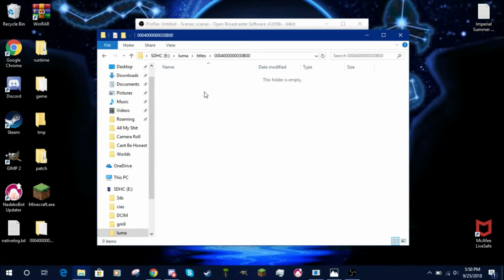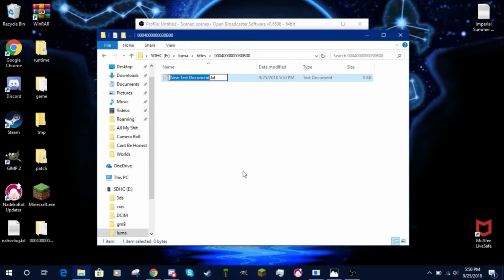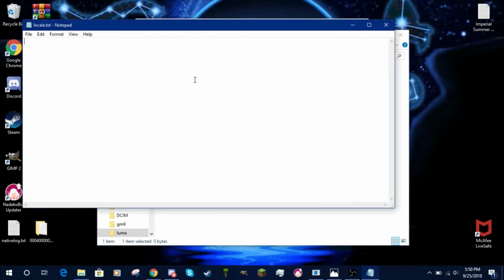Go inside of this folder and make a new text document in here, and name it locale, like so. Inside this locale.txt, you want to go inside. Now, this is easy enough. You need to place in the,